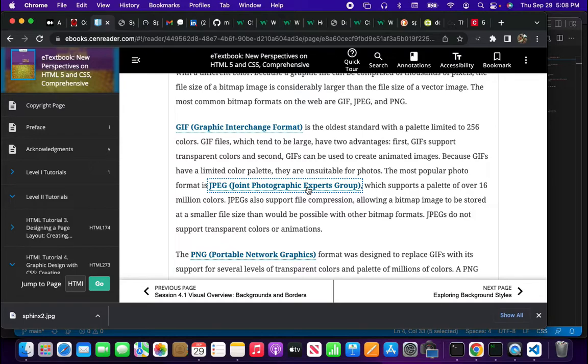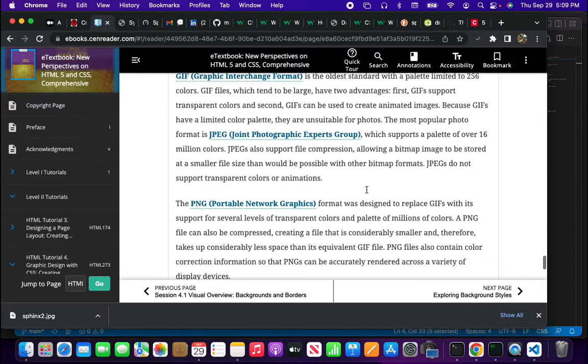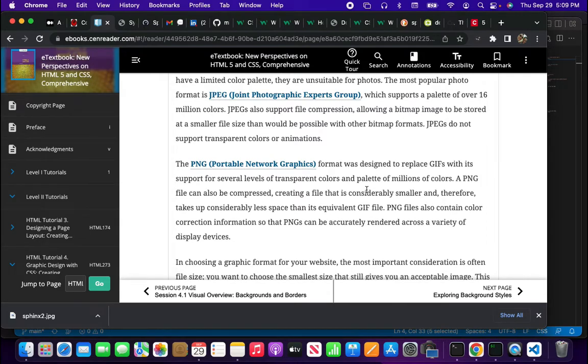When you're creating your page, it's very tempting to want to put the best graphics on it, make it look as beautiful as you can. But if you use PNGs all over the place and really high quality bitmaps, then you're going to drive your users crazy because it'll take forever to load the page. You want to try to get all of your images converted down to JPEGs for your websites, okay? JPEGs,